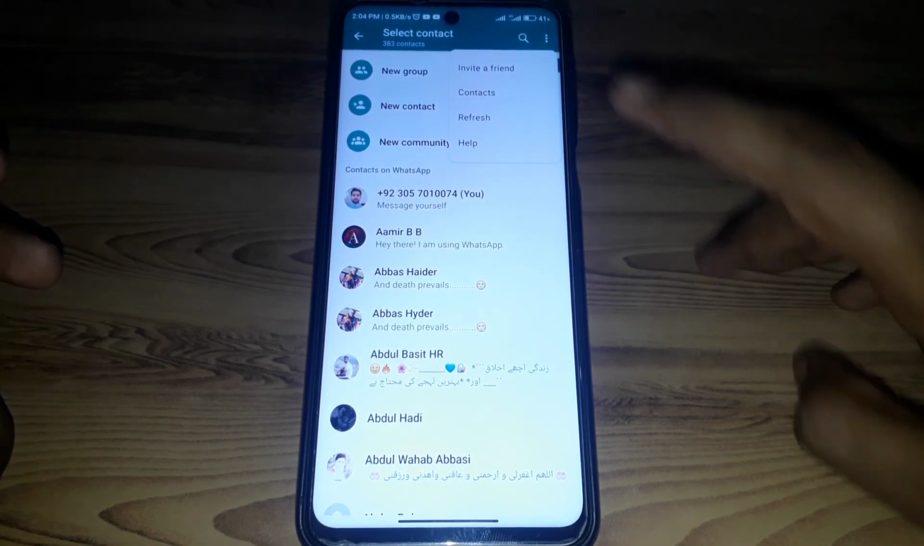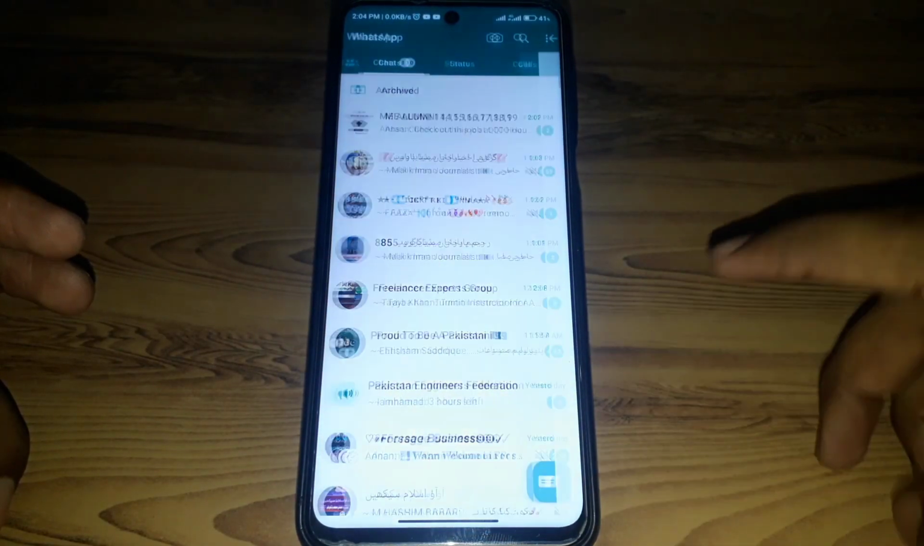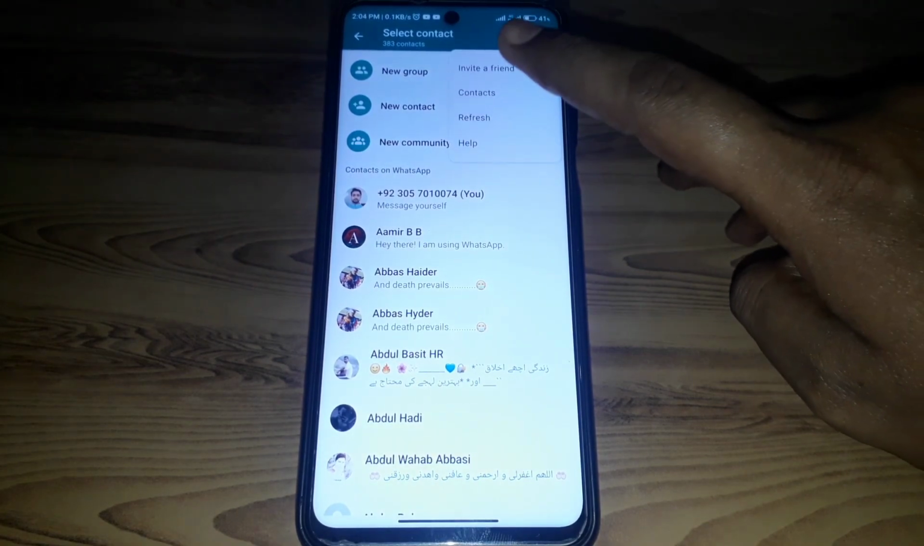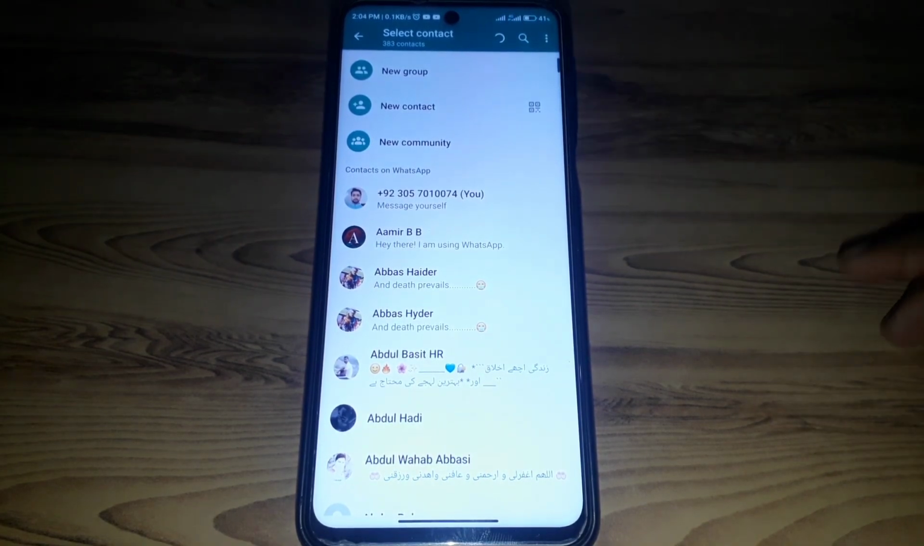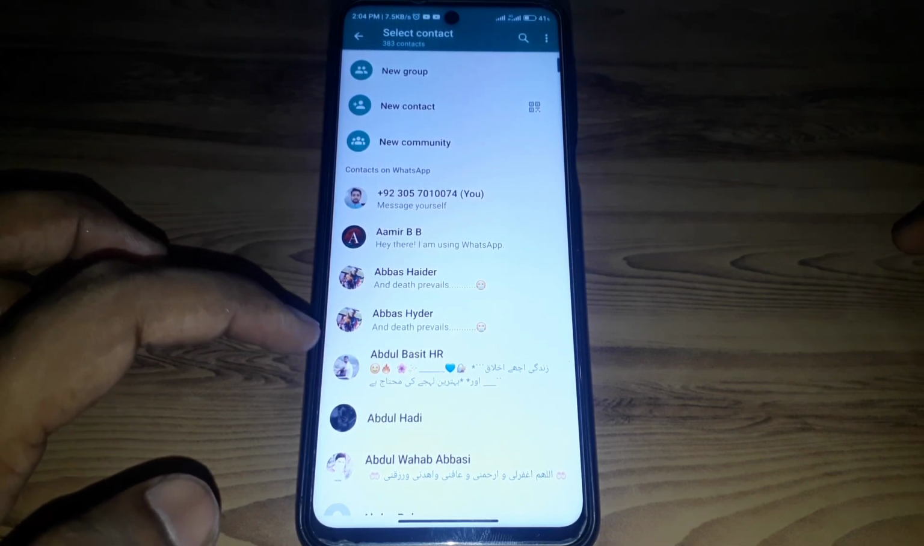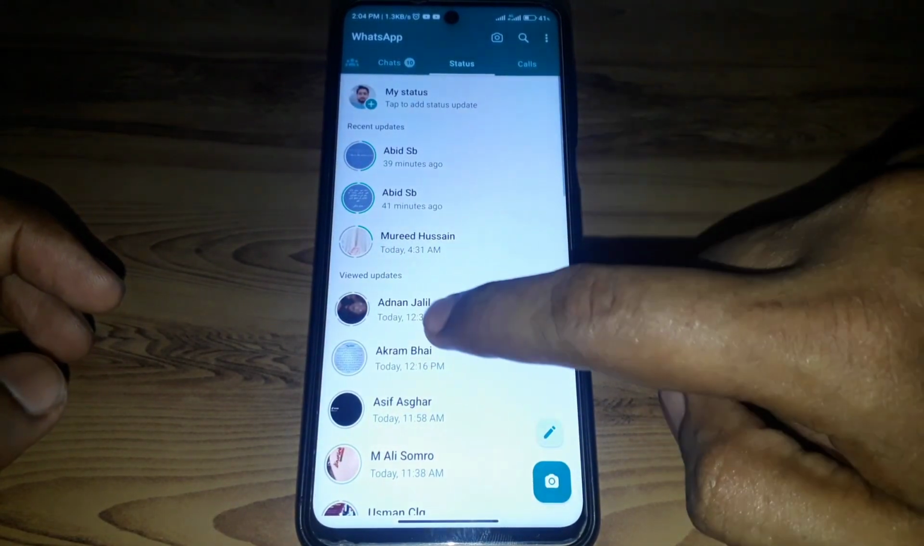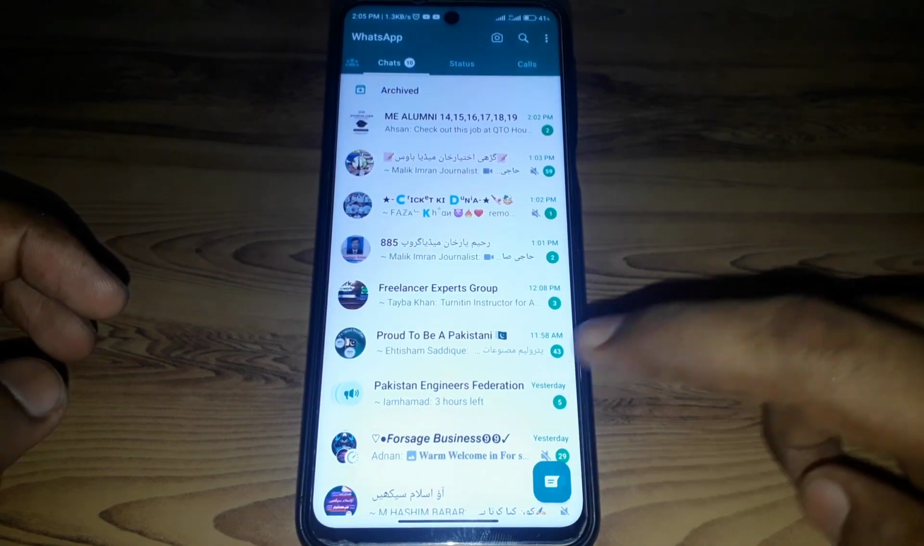How can you refresh? What you have to do is simply click on that chat option available here, and here you can simply refresh your contact. And after refreshing your contact, that contact will be added to your chat, and no chat will be without the name. And if all the chats are not showing the name, then what you have to do